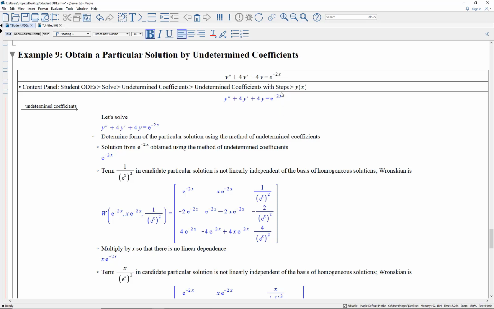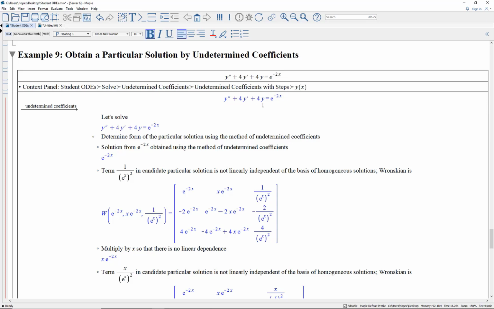What Maple is doing here is looking at this right-hand side, and it's saying, let's try that term as the template for the particular solution. And if that's the case, you got to make sure that this is linearly independent of the solutions of the homogeneous equation. If you look at the homogeneous equation, it's m squared